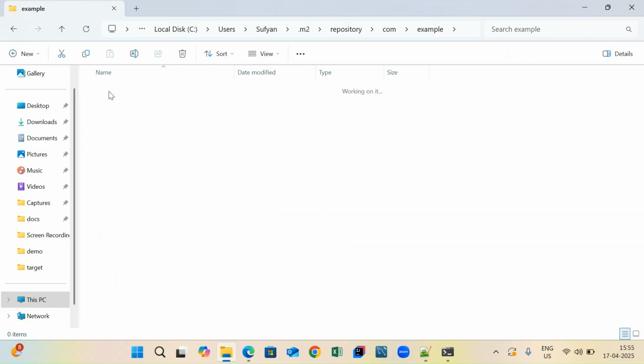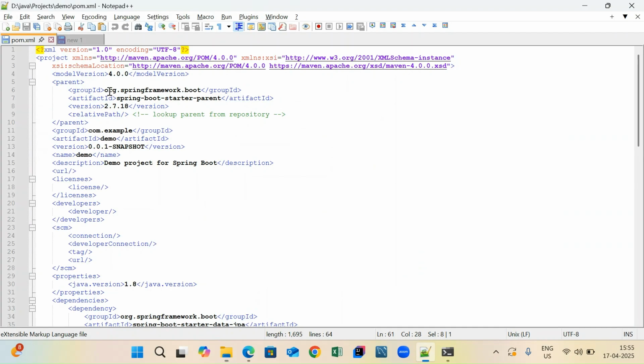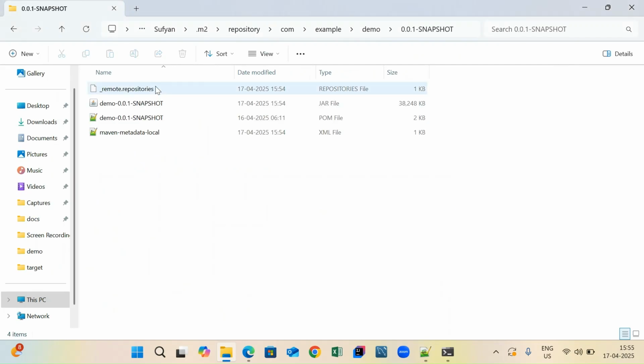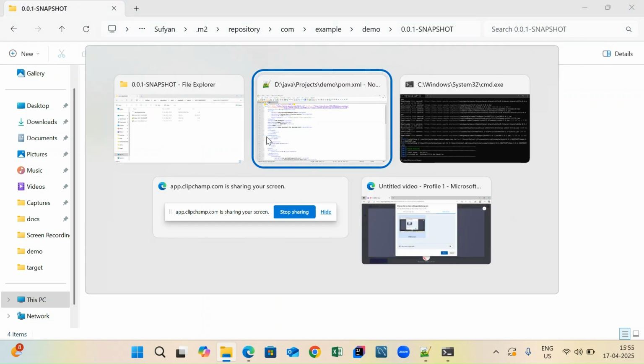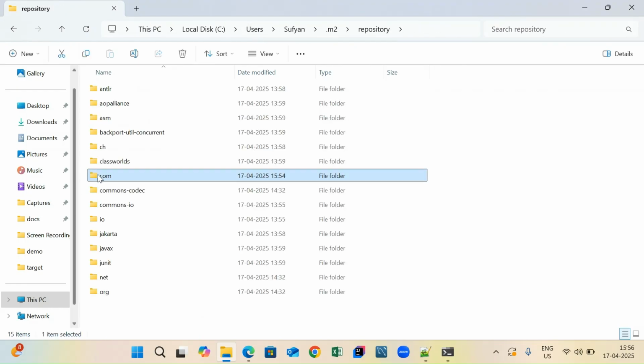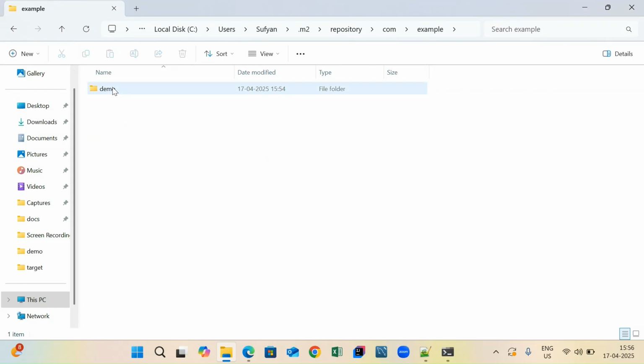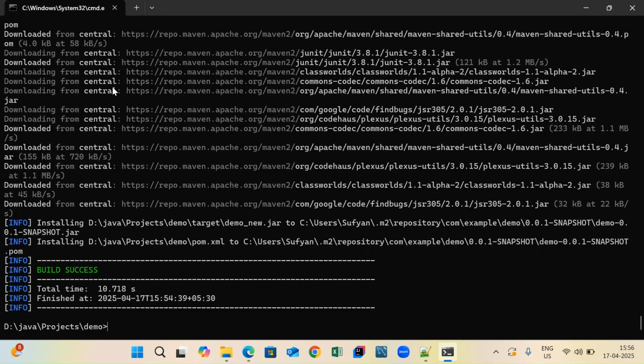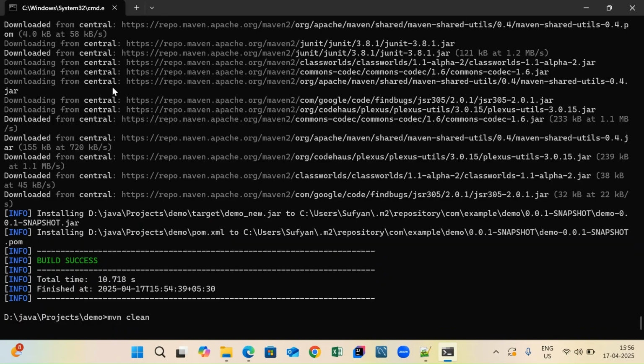Then here we have the demo build. Also there is a version. The version which we have given is 0.0.1-SNAPSHOT. Let me go inside this one. As you can see, a folder with the build name, the project name and the version has been created. So this is the difference. If I delete this example demo project from this folder, and first run the Maven clean, and then do the packaging,